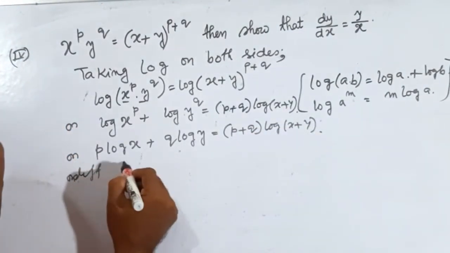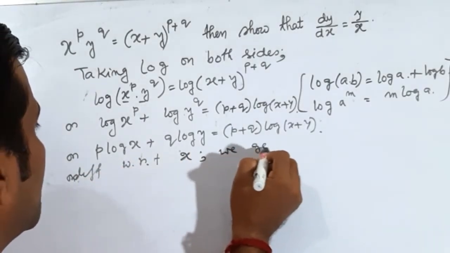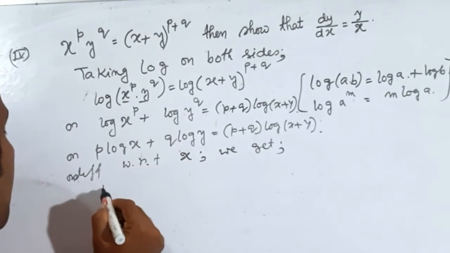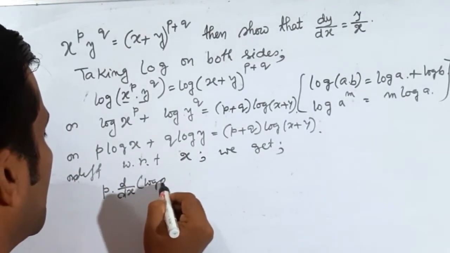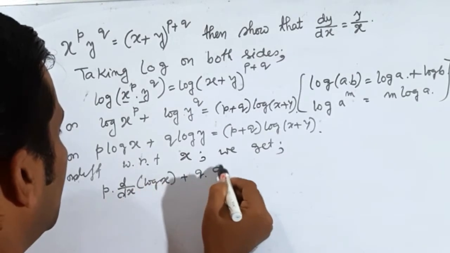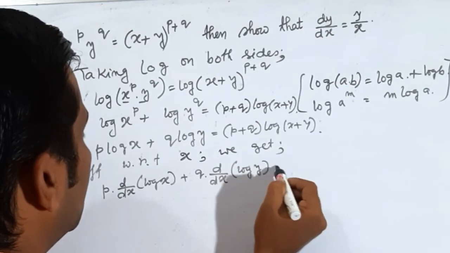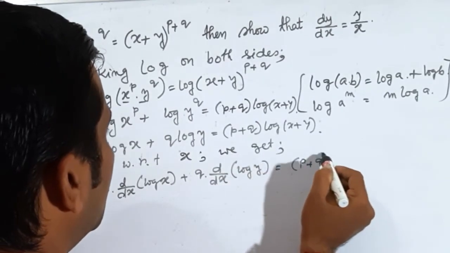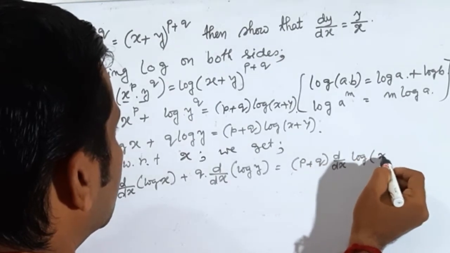Differentiating with respect to x, we get p d/dx of log x + q d/dx of log y = (p+q) d/dx of log(x+y),